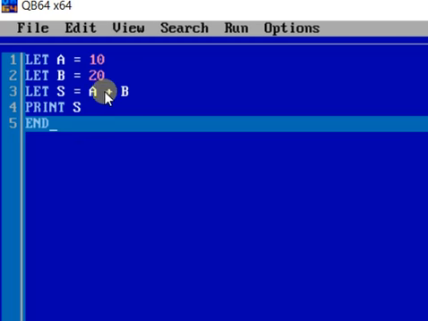So here you can see this is the program window. Here only I have assigned the values to the variables. So this cannot be changed during the execution of the program because it is fixed by the programmer. I am writing the program, so I am the programmer, and if a user executes this program, then he will not be able to enter any value for A and B because I have already set the values.